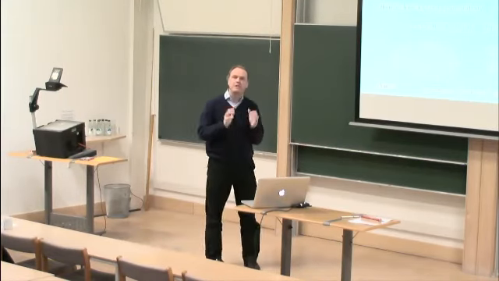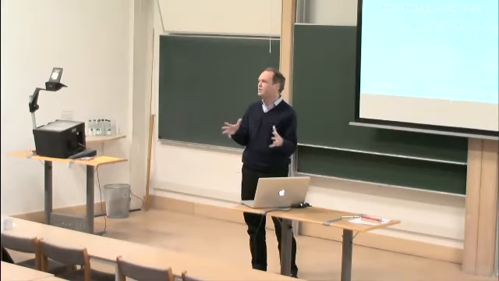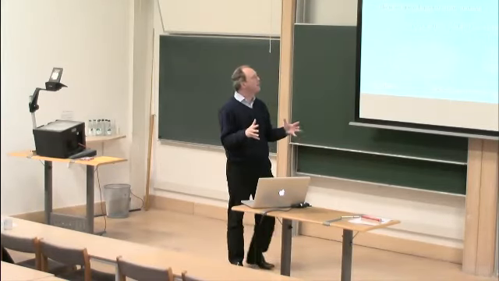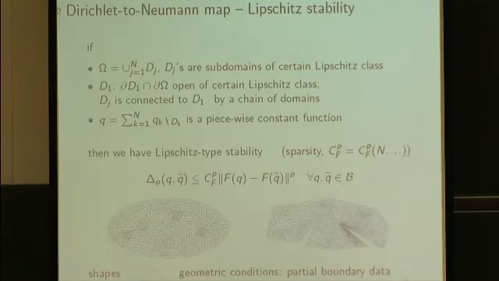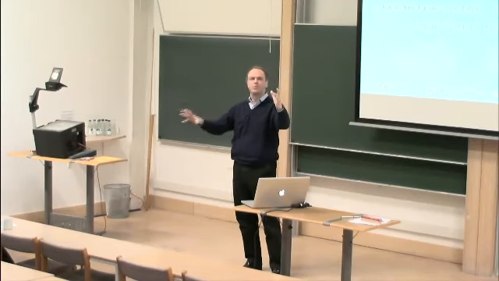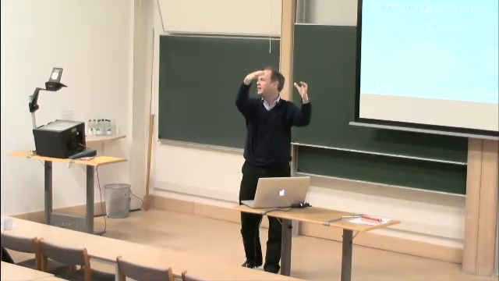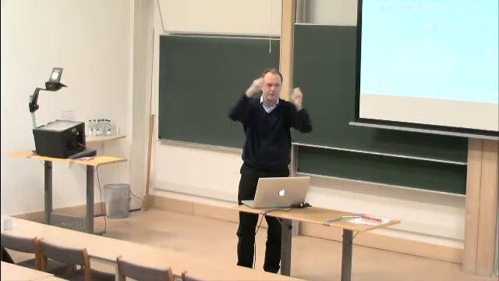if it is true that I can expand 1 over c squared in a finite linear combination of piecewise constant functions, where there are some constraints on the shapes of the domains. You need certain Lipschitz regularity of the shapes of the domains. And what you need, which I don't write down, is a technical condition that if I have partial boundary data, there's a precise condition on the connectivity. So if you want to reconstruct the functions on domains in the interior, they need to connect in a particular way to the boundary where you actually have data available. So it's a partial result.